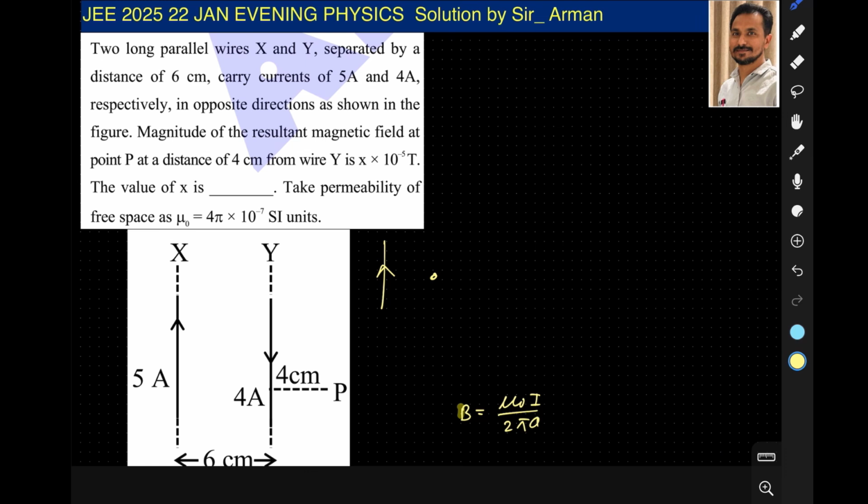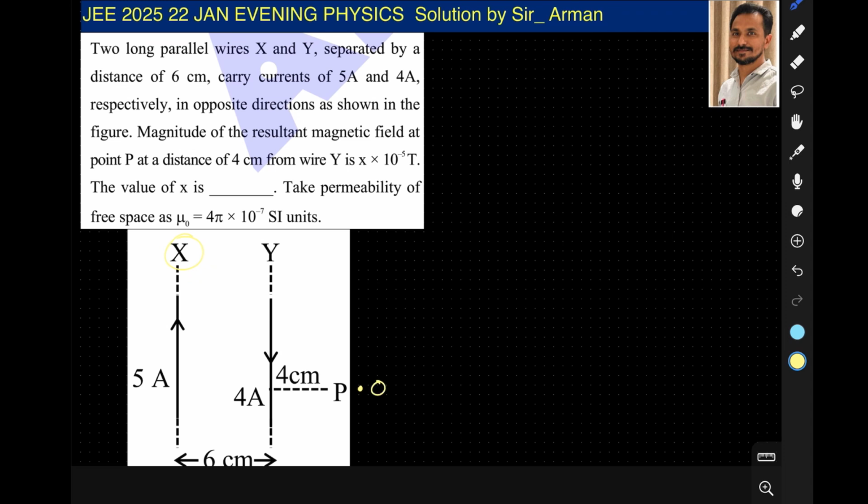तो आप अपना राइट हैंड का थंब वायर की डायरेक्शन में रखिए और अपने फिंगर्स को कर्ल करिए, तो ये जो फिंगर्स है राइट हैंड के वो अंदर की तरफ बताएंगे। इसका मतलब अगर करंट ऊपर की तरफ है तो उसके कारण जो मैग्नेटिक फील्ड है वो अंदर की तरफ बनेगा, और करंट नीचे की तरफ है तो इस पॉइंट पर यानी राइट हैंड साइड के पॉइंट पर जो मैग्नेटिक फील्ड है वो ऊपर की तरफ बनेगा।